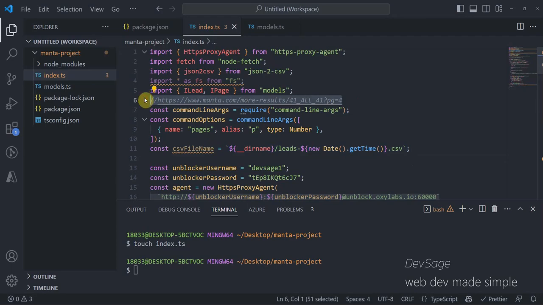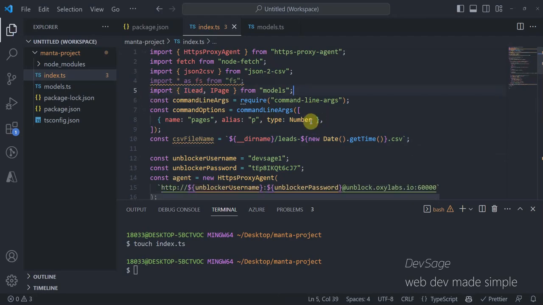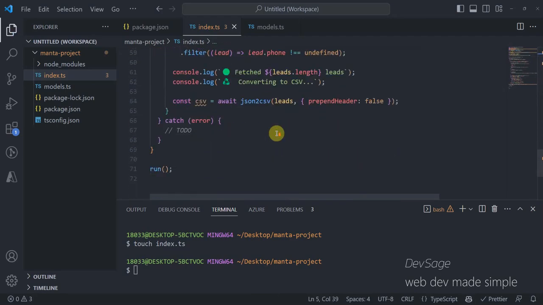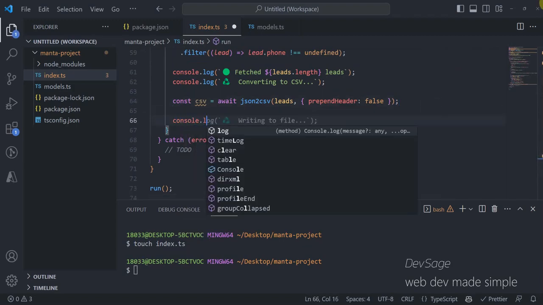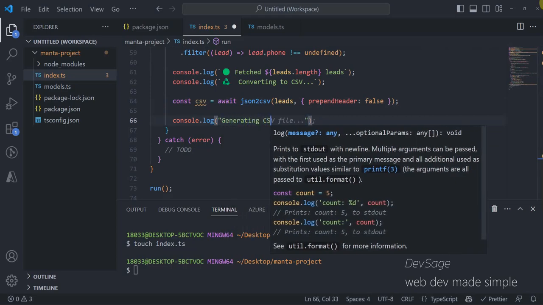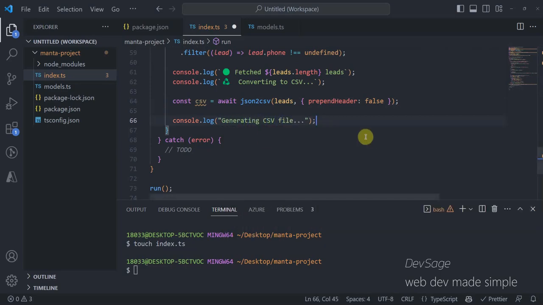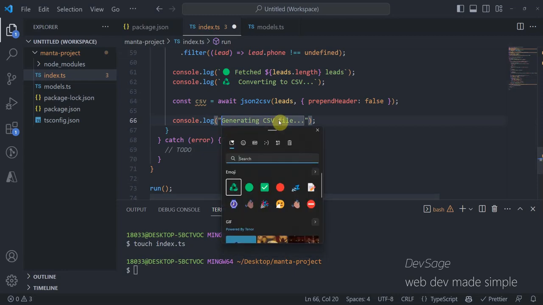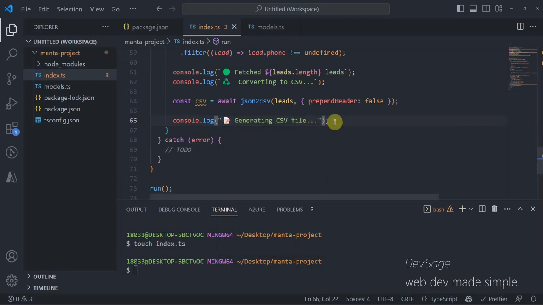And let's delete this for right now. We're done with that. And so let's go down here and let's console log generating CSV file. And let's say cool. All right, so now we're going to say